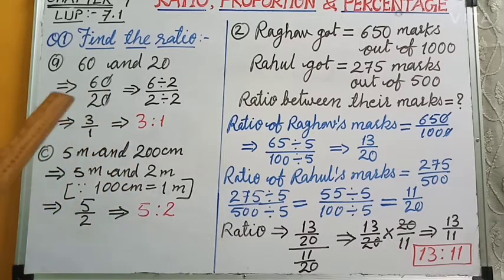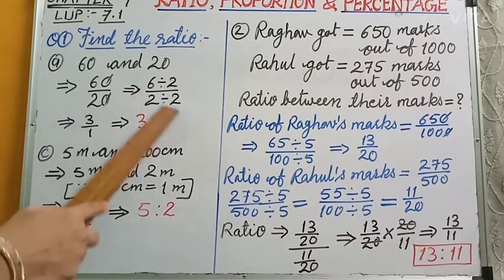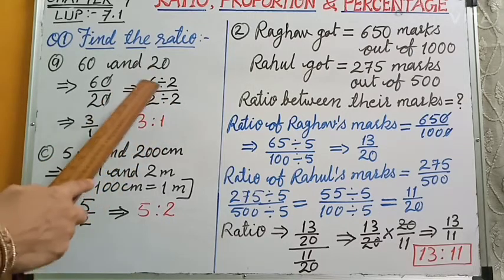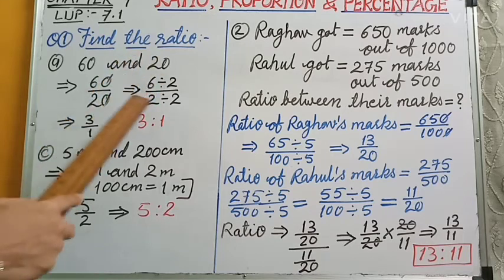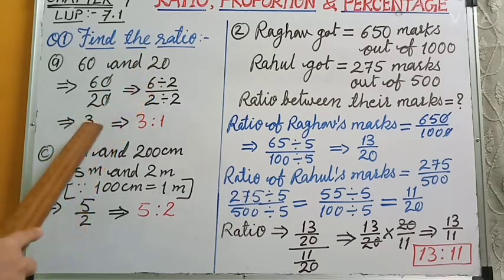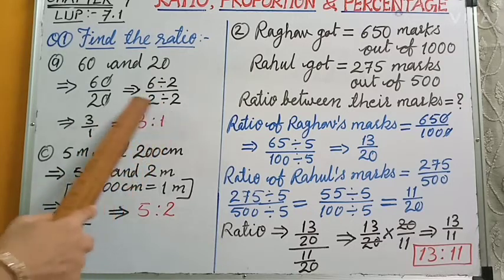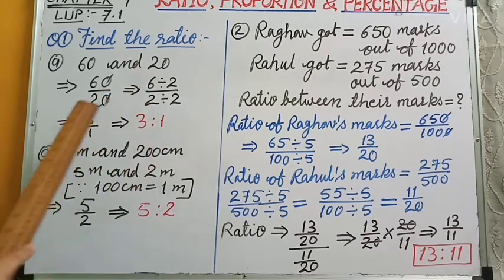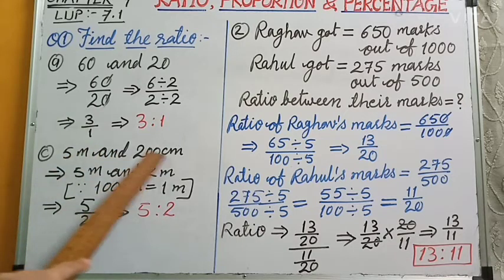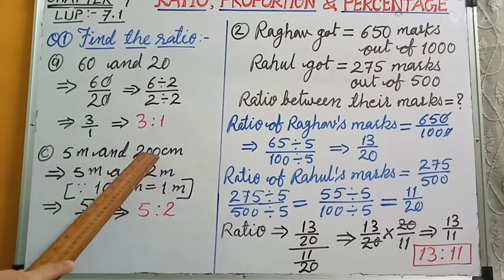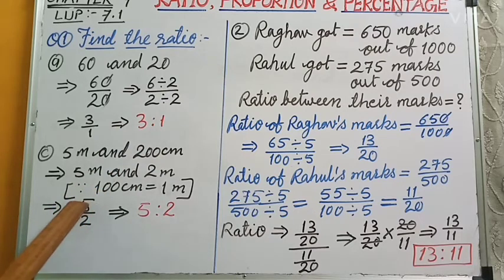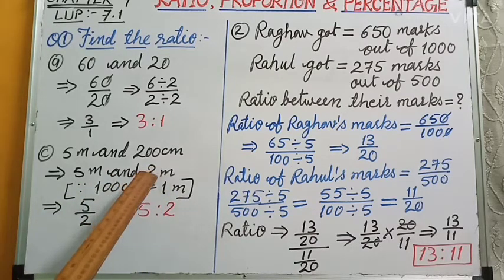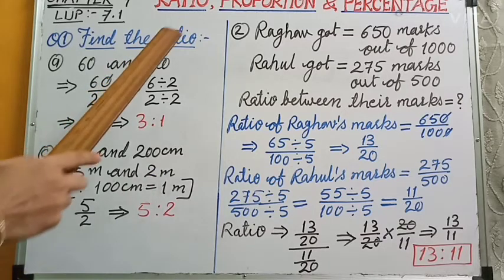So you have to keep in mind three rules. First, ratio can be represented in simplest form if the fraction or ratio can be further divisible. We have to divide and simplify them, and we have to write the simplest form. And the second rule is, both the quantities should be in same unit. And the third rule is, here we don't have to write units. Here meter, but while writing ratio, we don't have to show units. Okay. Look at the next question.